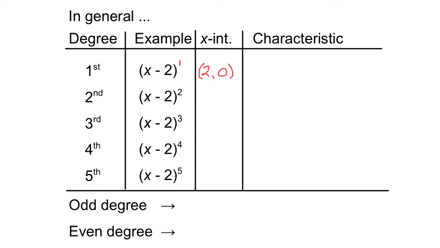Now the characteristic, what do I mean by that? Well, what does it look like at the x-intercept? So if you have a first degree, so if you have an exponent of 1 on your factor, that means on the graph, if you zoomed in at the x-intercept, your function is going to go straight through in opposite directions on either side of the x-intercept. Okay, just to speed things along here, if you have a second degree polynomial here, so if you have a factor x minus 2, but it has an exponent of 2 on it,